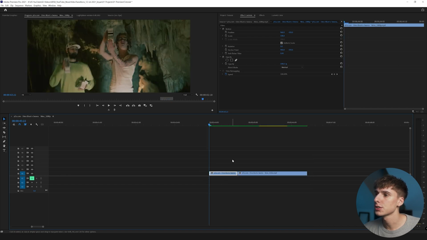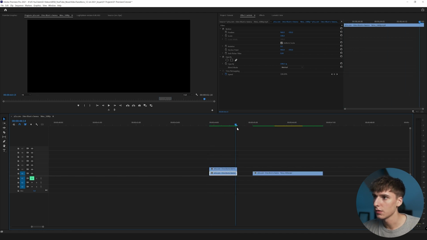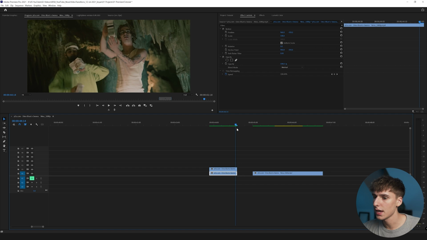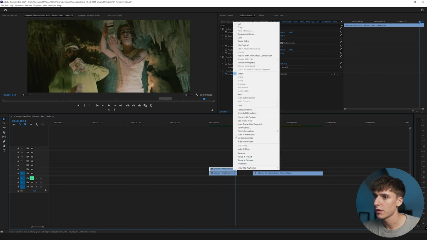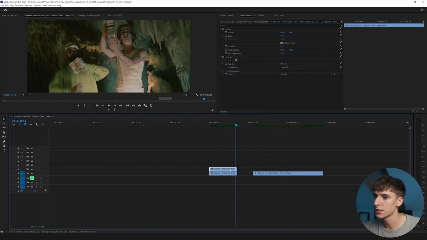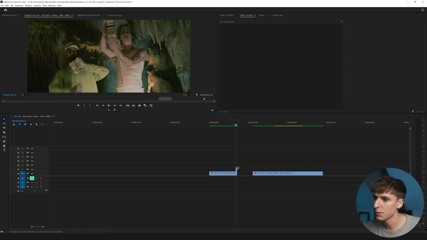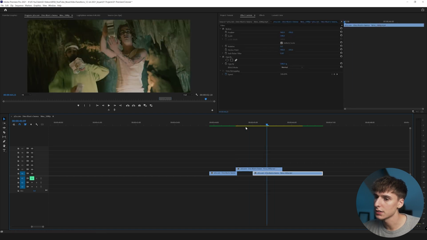So for the first transition, all you really need is one clip, and all you're going to do is add a freeze frame or screenshot at the end of the clip. I'm going to hold Alt and drag up on the clip here, and we can see I have this clip. I'm going to go to the last frame right here. Go ahead and click add frame hold. It's going to split the clip, delete that first part, and then you can drag this out as long as you want, and it's going to be frozen right here.